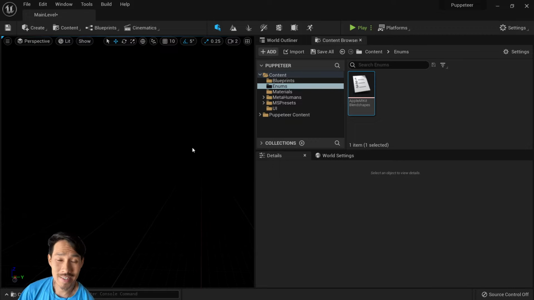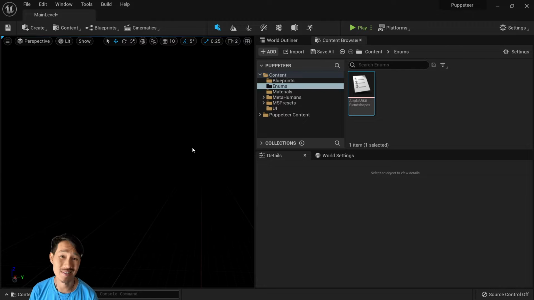Hello, this is a video to explain the blueprints in the Puppeteer plugin that I put on GitHub. I felt a bit bad when I started seeing people using it, because I just put this thing together, chucked it on GitHub, and sort of let people go at it. I was surprised that people actually started to use it, which is pretty cool, so I thought I'd